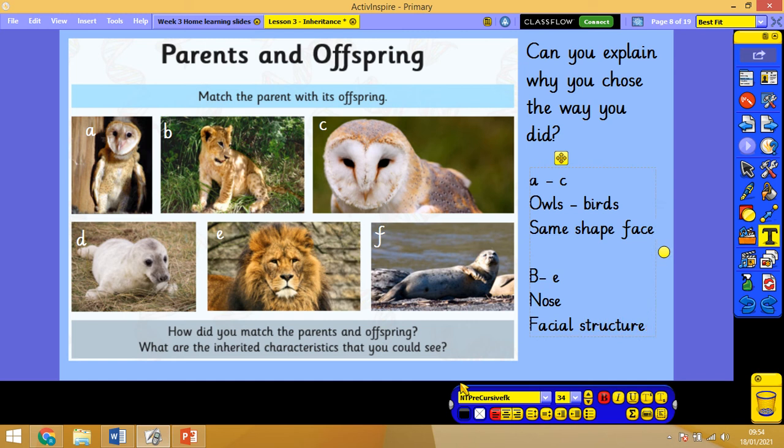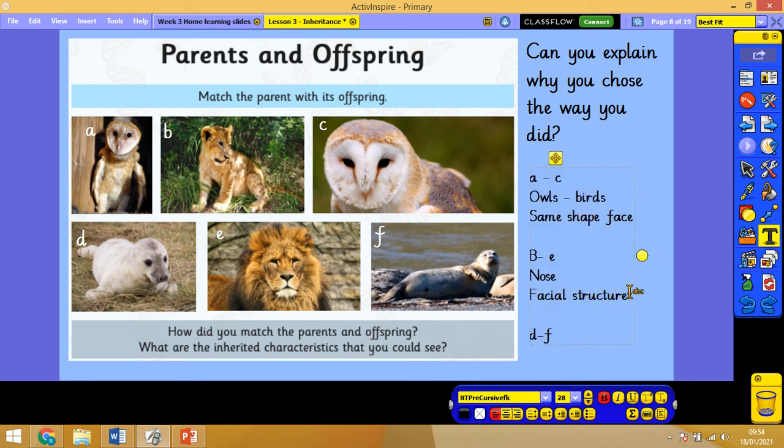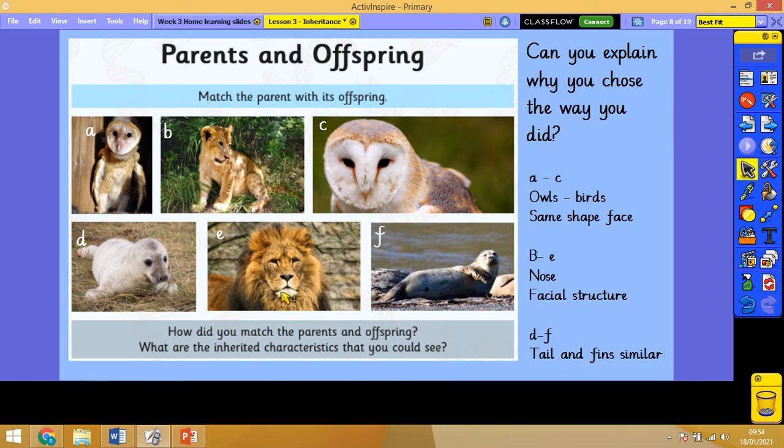And last but not least, D and F go together. Just make this a little bit smaller. Yeah, D and F 100% go together, a seal cub and an adult seal, and you can see that the tail and fins are similar. Well, they're identical. So if these were parents and offspring, you could tell that the genes in this seal pup are inherited from this seal adult here, either its mum or its dad, in terms of body shape as well